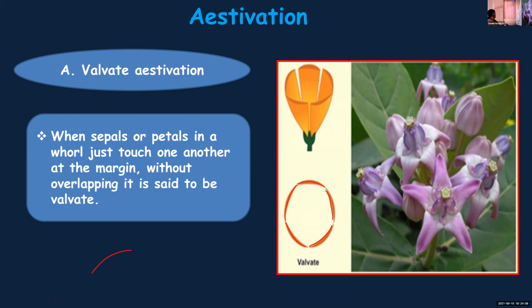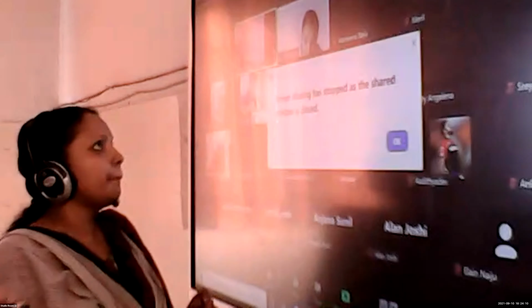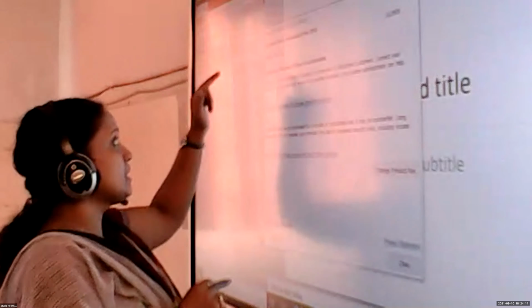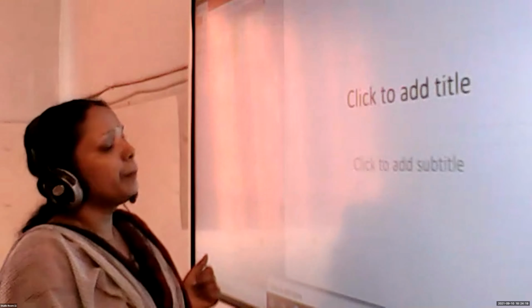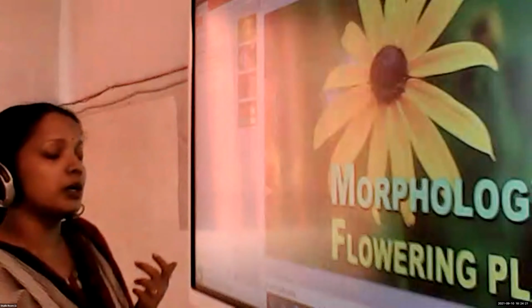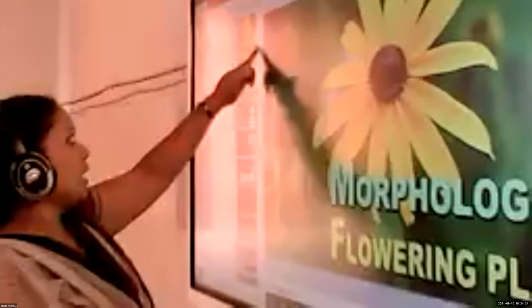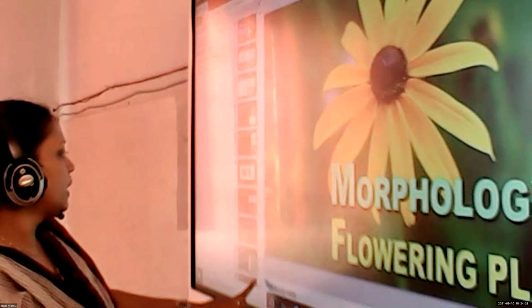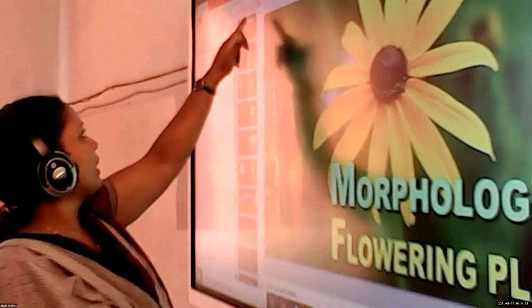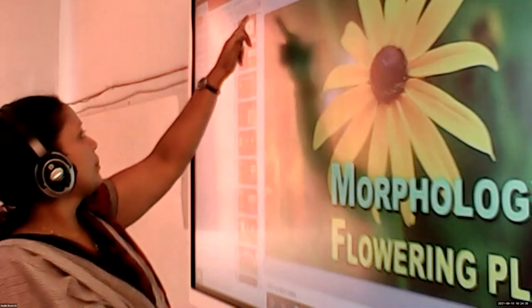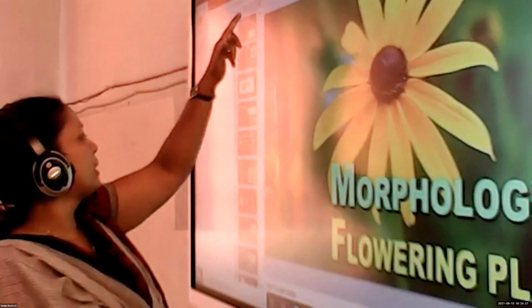So aestivation is the arrangement of petals and sepals with respect to other appendages or other layers or other whorls in a flower. And there are different types of aestivation. Which are the 4 types? Valvate. Tell me, children. Valvate, imbricate, vexillary and